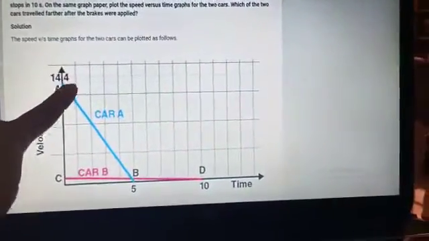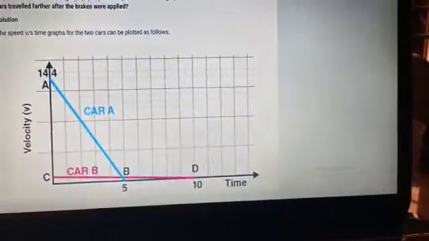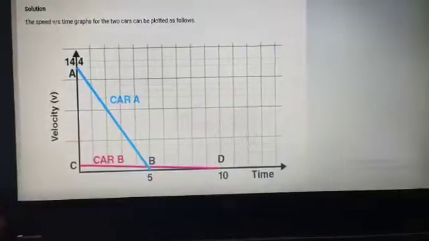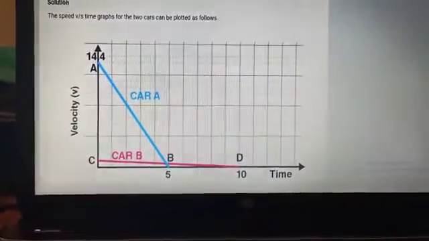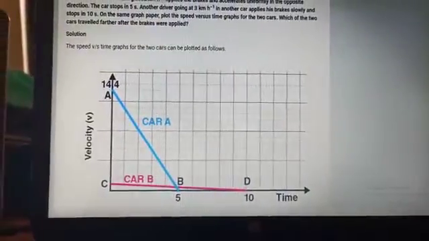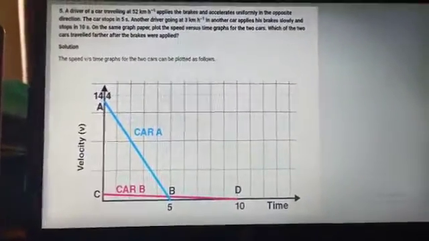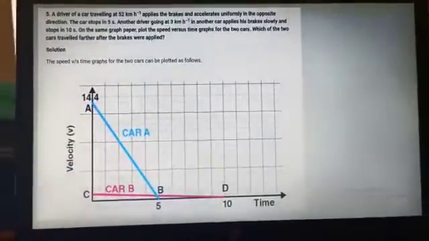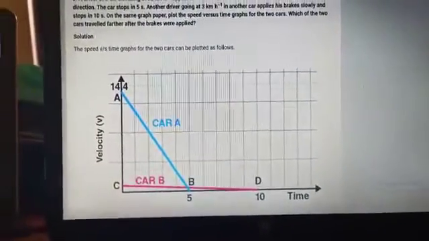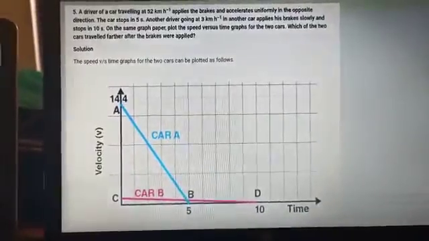So you can see the slope of both the graphs is coming downward. When the slope of both the graphs is coming down, that means it is a retardation. What do we mean by retardation? It is opposite of acceleration. The speed is slowly reducing and finally coming down to 0. Now we will look at the calculation for this.